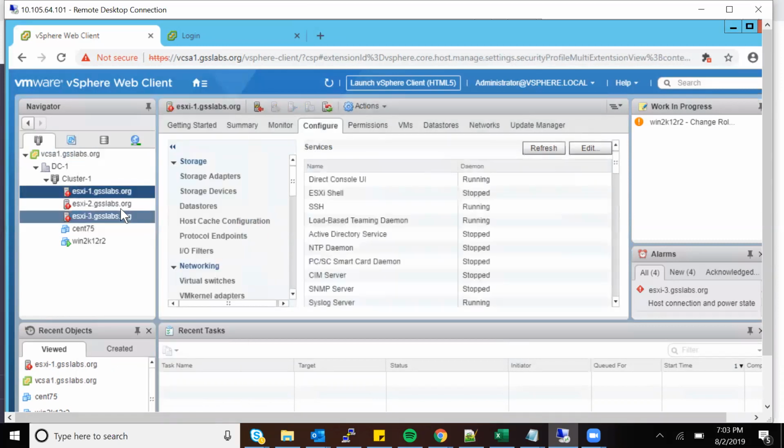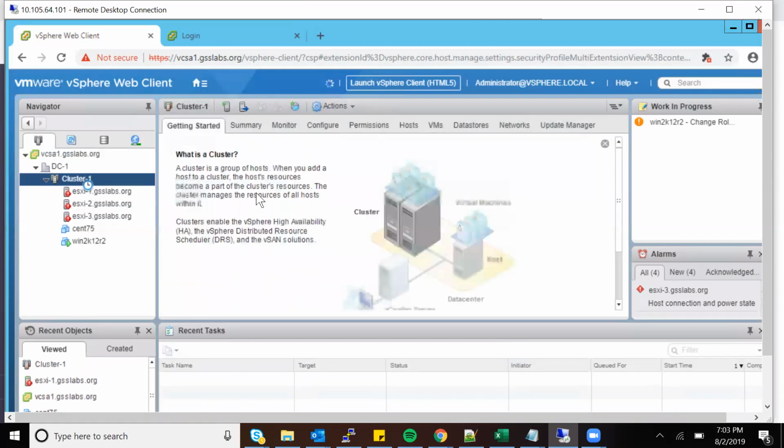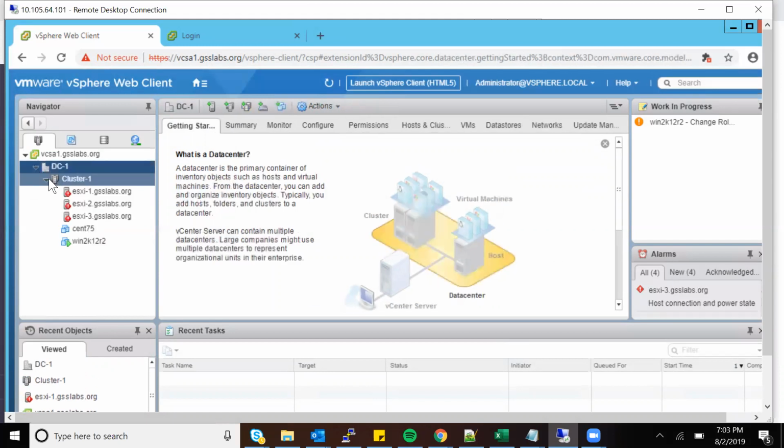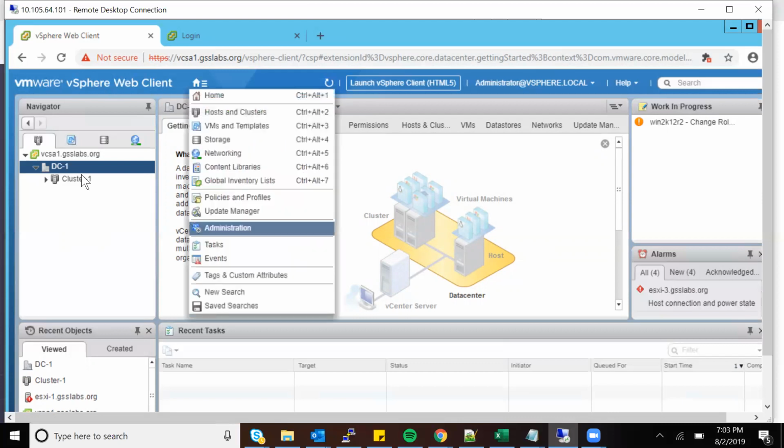Right. So vCenter. As I told you, vCenter is a management console. It is a place where you can manage the whole environment. I can manage the complete data center by just clicking on the options available on my vCenter. I can add a new host, add a new cluster, add a new data store, add a new switch, everything I can do from my vCenter only.